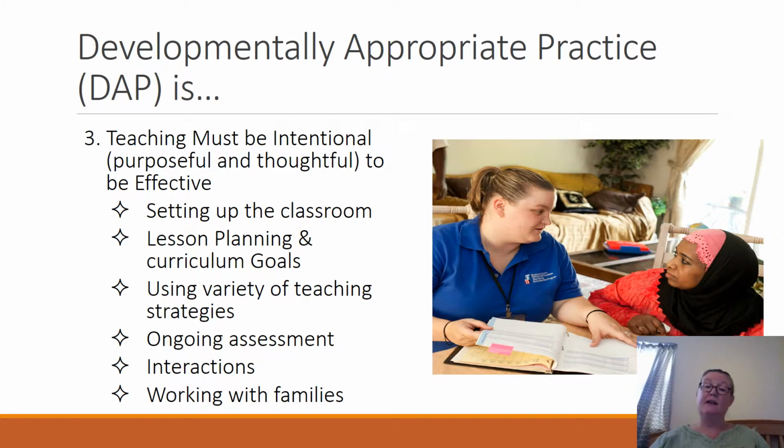And again, this can connect to Gardner and the multiple intelligences and making sure that you're meeting every child's learning style, that you are using ongoing assessment so that you're regularly observing and understanding where children are, that you're aware of their growth and development over time as they're meeting goals and you're setting new goals, that you're interacting regularly with children in ways that support their play, that support their engagement and their learning,